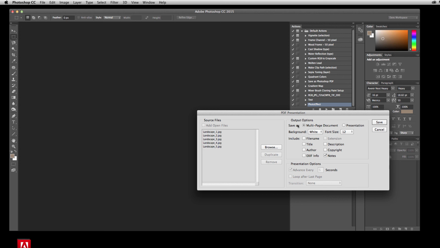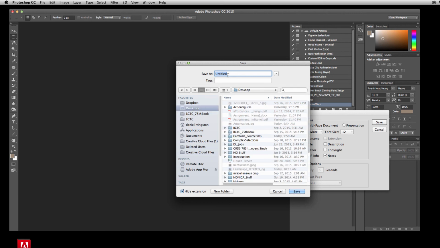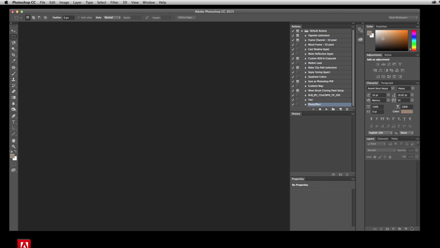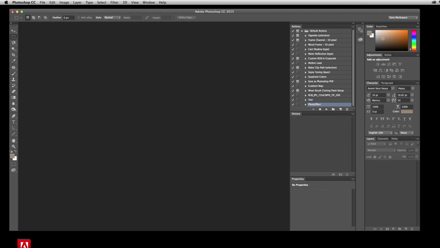This you can leave as default or make sure your settings are the same as mine. Click Save. It'll ask you where you want to save it. Save it to your desktop, wherever you want to. And we'll name this Actions. All right, click Save, Save PDF. And it should show up whenever it's done saving. And that is the file that you're going to submit to Blackboard, that single PDF,